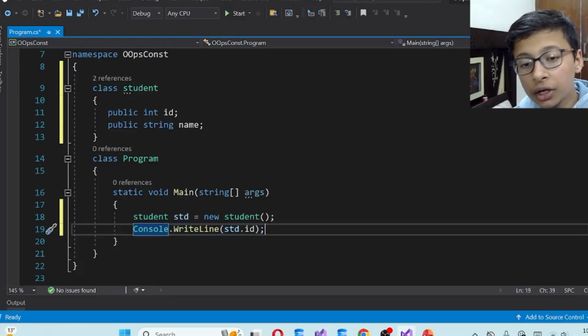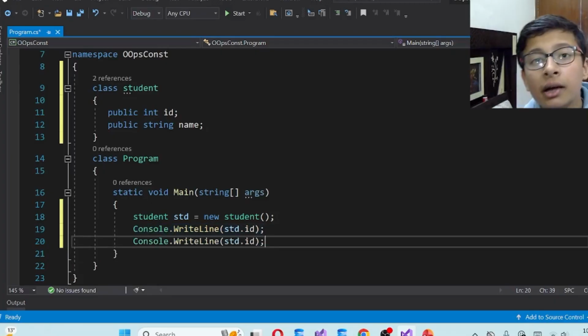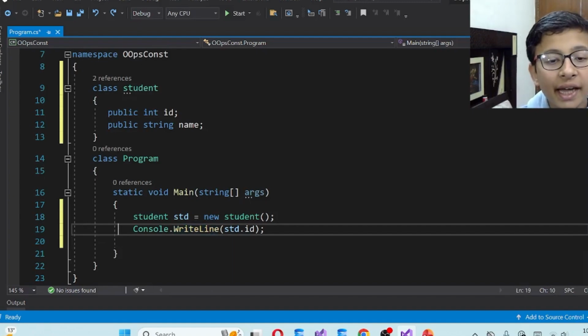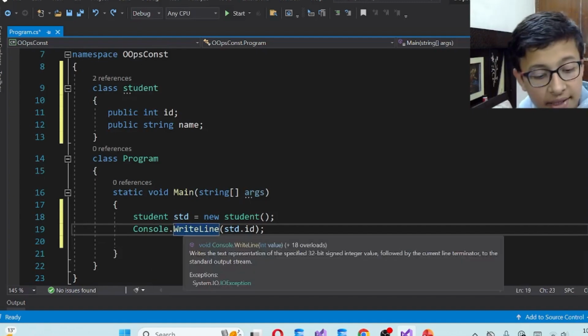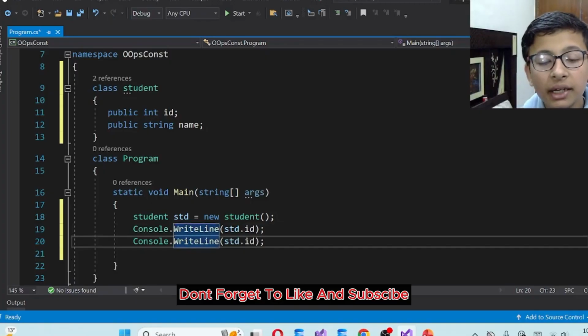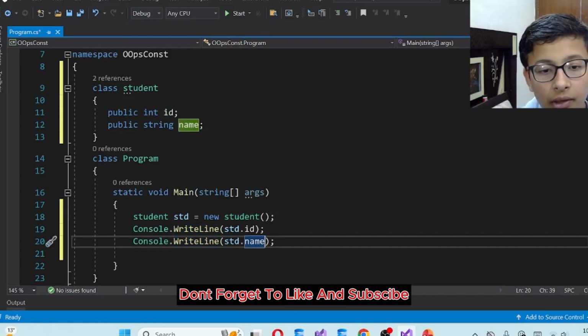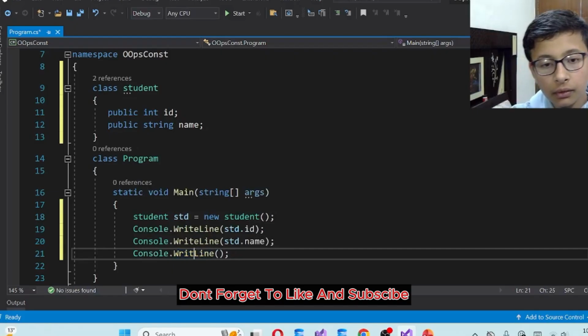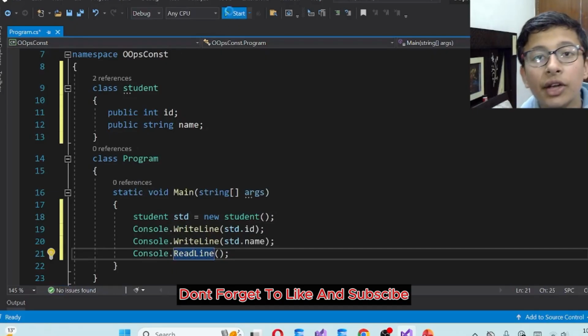Now what will you do? Control C and Control V. But what if I say you have a shortcut for this? Let's do Control plus Z and come back to this line again. You can click anywhere in this line and press Control plus D. See, automatically it has done this work. Now let's change this to name and also add Console.ReadLine. And now if you execute this,